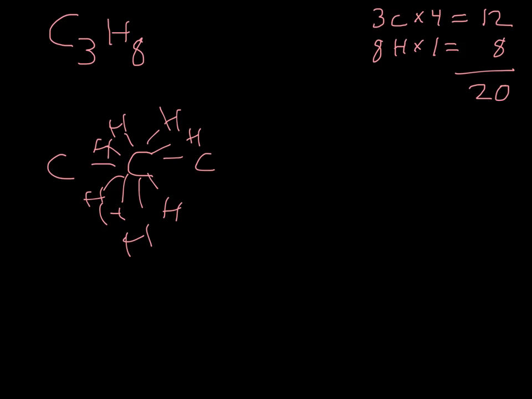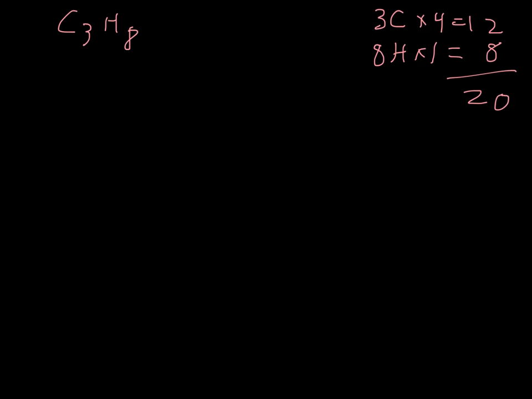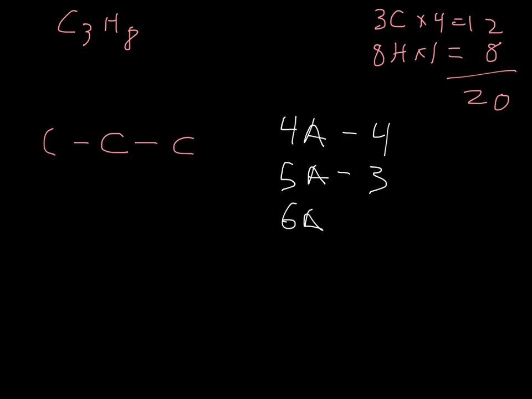So what can we do here? Now things are a little bit cleaner for us. So we obviously can't place all the hydrogens around that one central carbon. So what can we do? And this is where what I was saying at the very beginning of the lecture comes into play. We said that elements in group 4A want 4 bonds, elements in group 5A want 3 bonds, 6A 2 bonds,